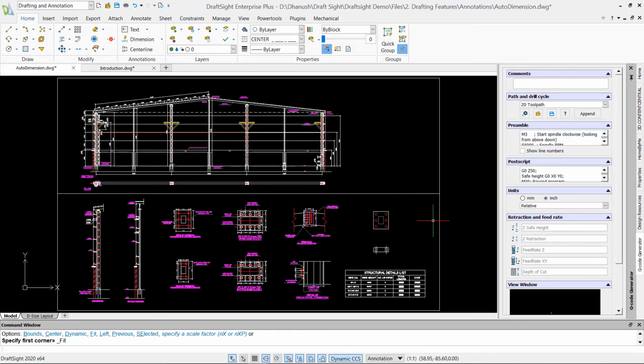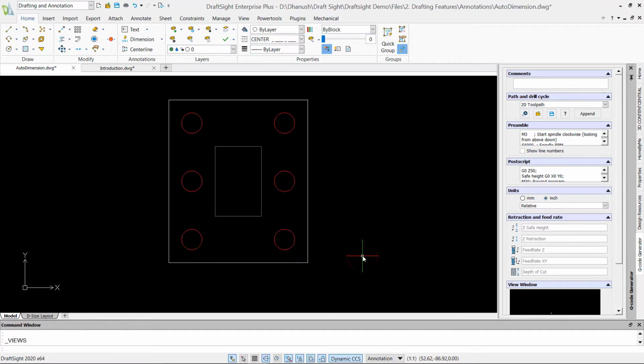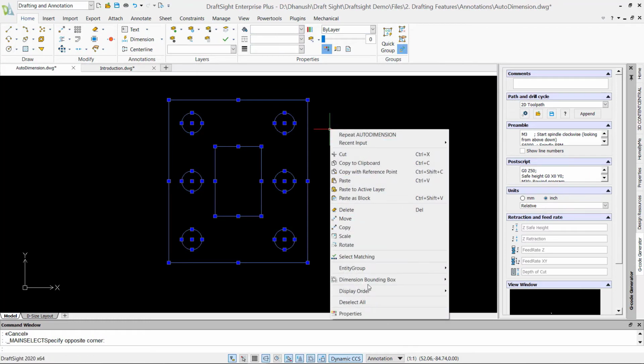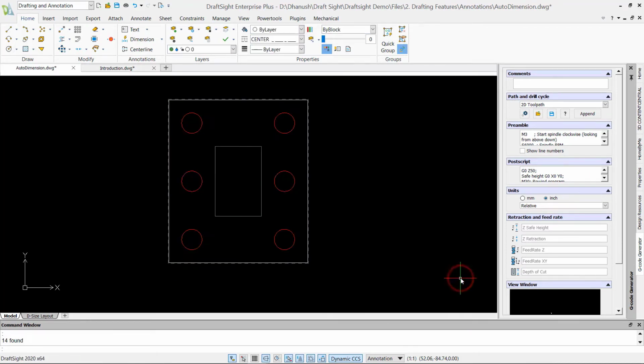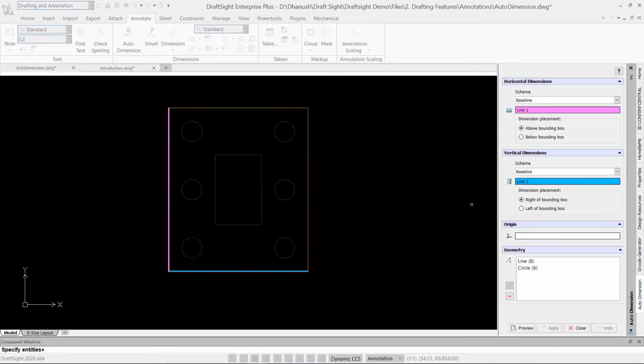Auto dimensioning. You can use the auto dimension command to automatically create baseline, continued, and ordinate dimensions for specified entities that are enclosed within a dimension bounding box. The auto dimension palette lets you control the dimension type, location, and origin.